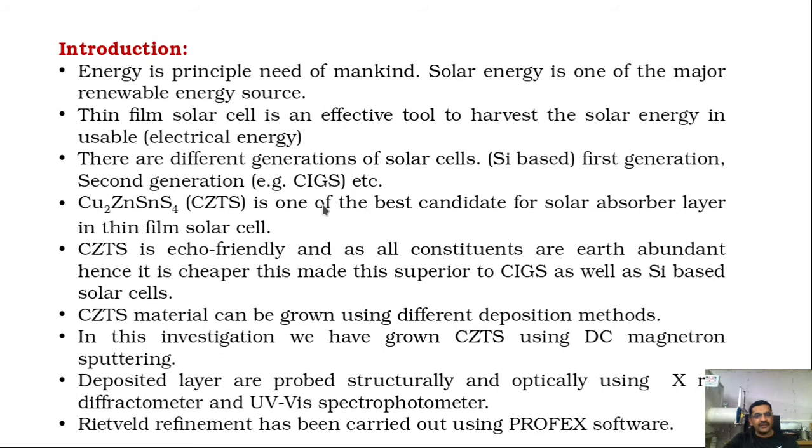There are different generations of solar cells. In the first generation, there is silicon based. In the second generation, for example, there is CIGS, copper, indium, gallium, sulfur. And in the third generation, we have the best candidate, that is CZTS, that is Cu2ZnSnS4. Basically it works like a